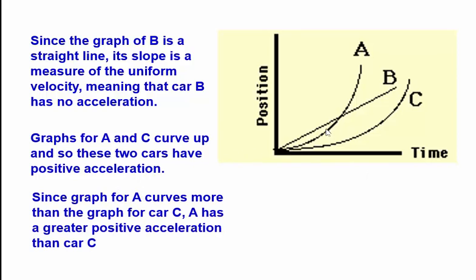Since the graph of A curves up more than the graph of C, A has greater positive acceleration. That means car A has a greater positive acceleration than